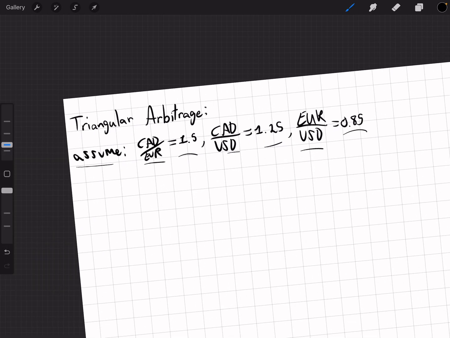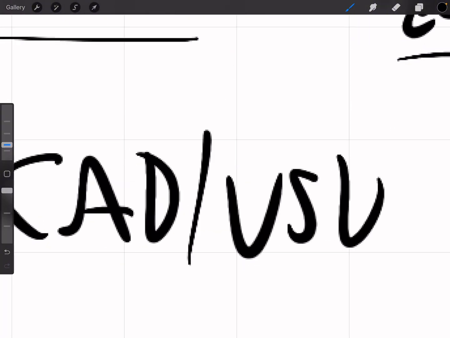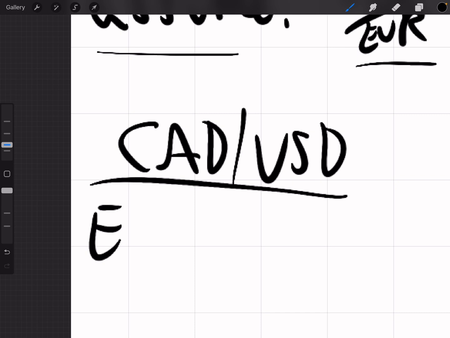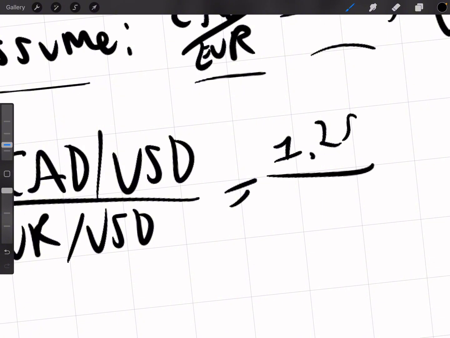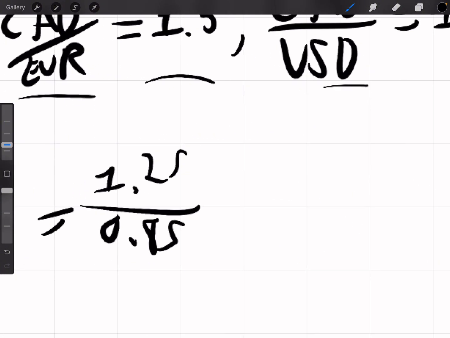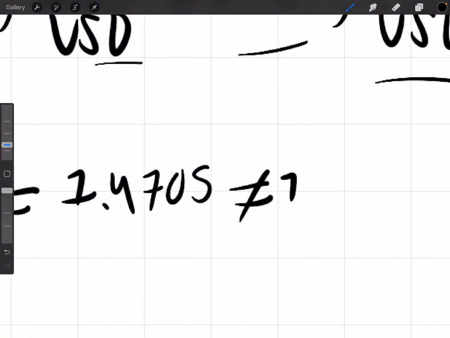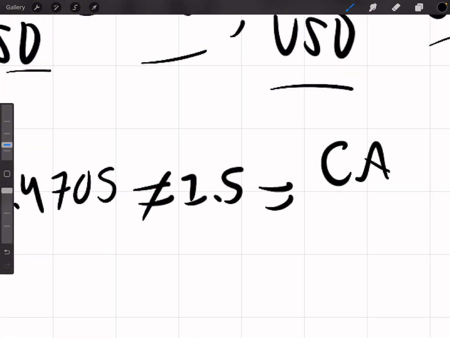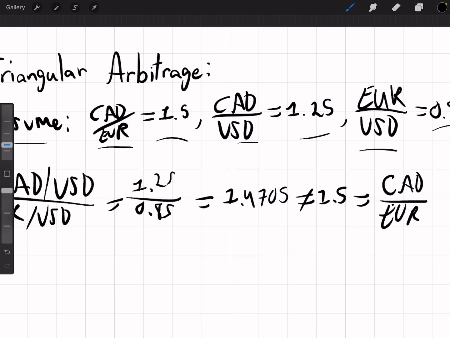Okay, so if you notice, you can do your CAD to USD over your Euro to USD, which is equal to 1.25 over 0.85, and that gives you 1.4705, which is not equal to our 1.5, our CAD to Euro spot exchange rate. Because these aren't equal, boom, we have